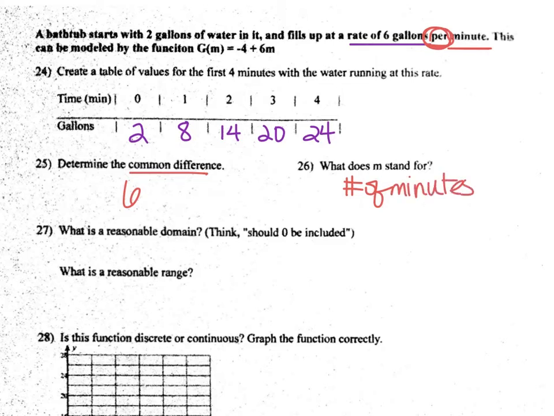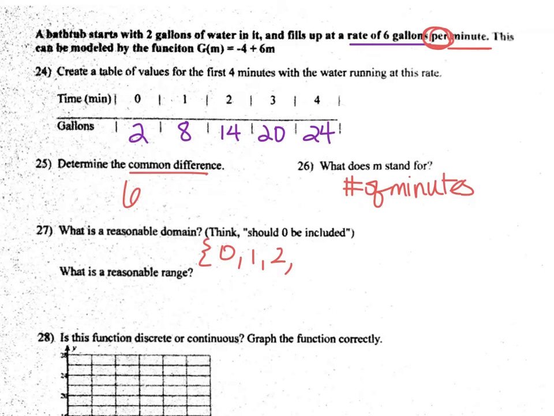Hopefully this part's easy because we've done this quite a lot now, it feels like. What's a reasonable domain? So the question really is, should we include 0 based on this? So does it make sense that at a 0 time limit, you could have 2 gallons in the bathtub? Well, yes, it does. You could have 0 gallons in the bathtub, so I'm going to say 0, 1, 2,